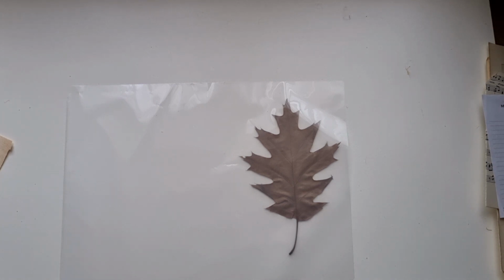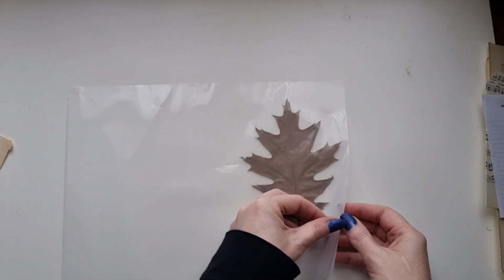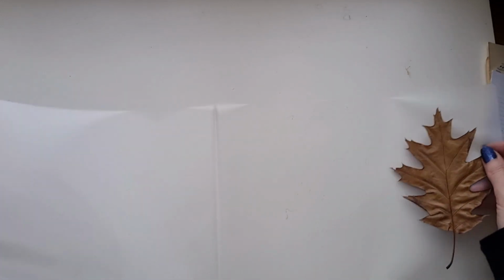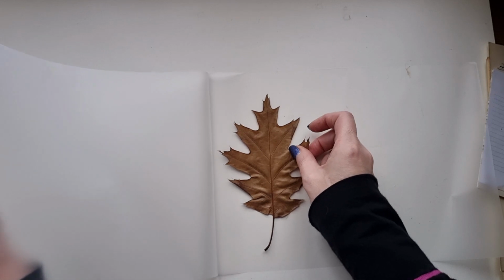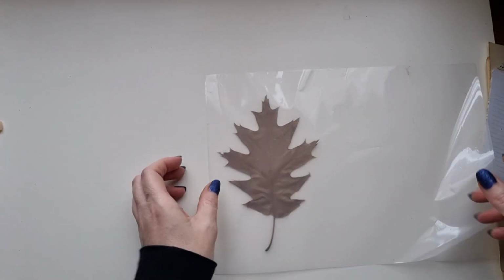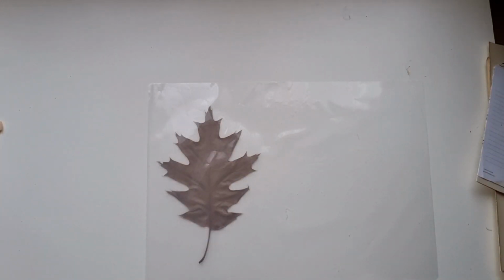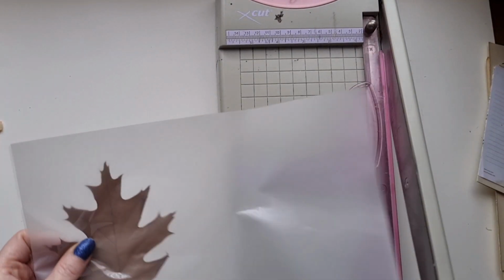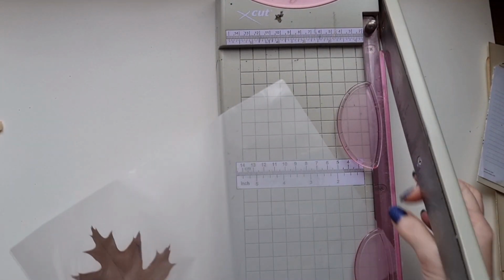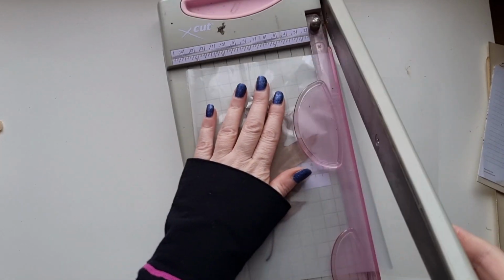So what I like to do, especially for a larger one like this, is take it to the end because you've got a join here. Take it to the end there, fold it over. I'm not putting it through my laminator. You can if you have one. If you don't, worry about it. You can also use your die cut machine if you've got tag shapes. I do not have a tag shape that's going to fit this leaf,